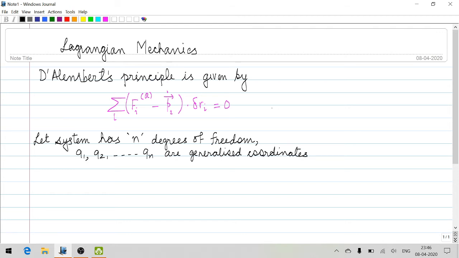So let us take the D'Alembert equation as equation number 1. Now this equation of transformation, or transformation equation,